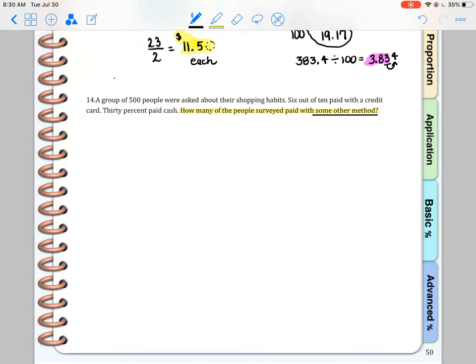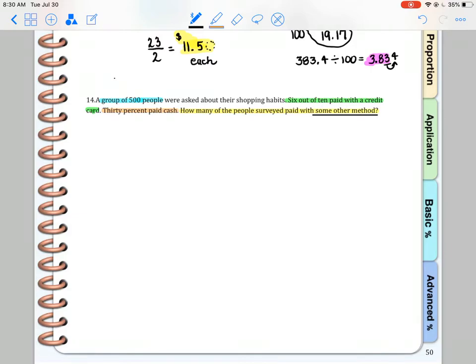some other method. So the first thing I'm going to do is build a table just for my own self. Actually, the first thing I'm going to do is go back into my problem and do a little highlighting. 6 out of 10 paid with a credit card. 30% paid cash. Okay, so I'm going to set up my table with all of the ways that they could